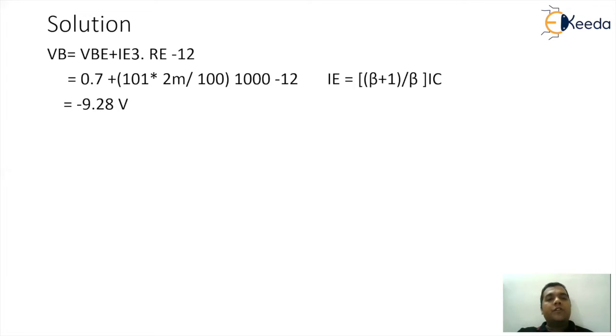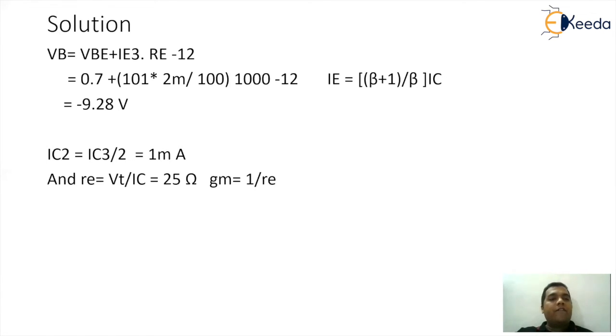Next part of the solution. If you observe the circuitry carefully, in the diagram it can be seen that from the top section, which is a differential amplifier, collector current 1 and collector current 2 will be same, and the combined effect will be the value of current IC3. IC3 was given in the data as 2 milliampere. So IC1 will be equal to IC2, that will be half of the collector current 3. So IC2 will be 1 milliampere.